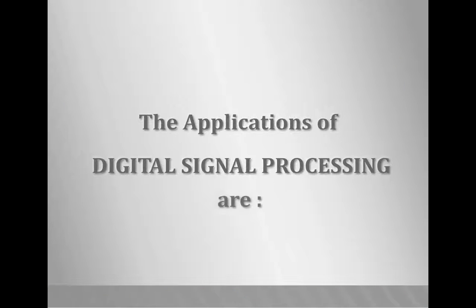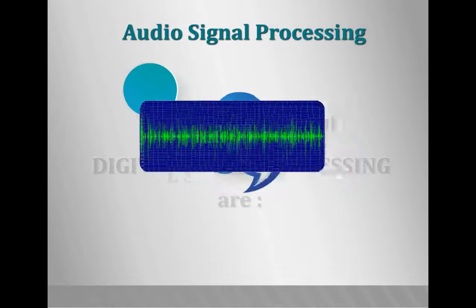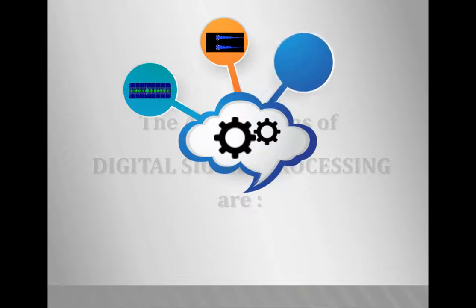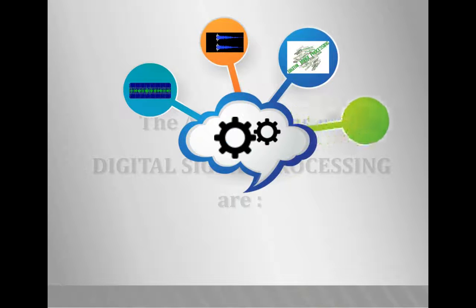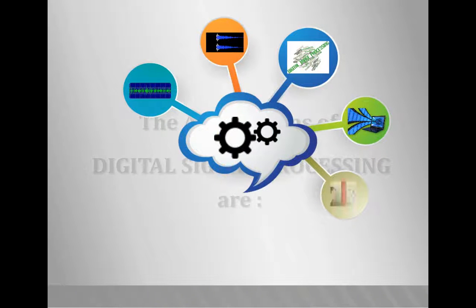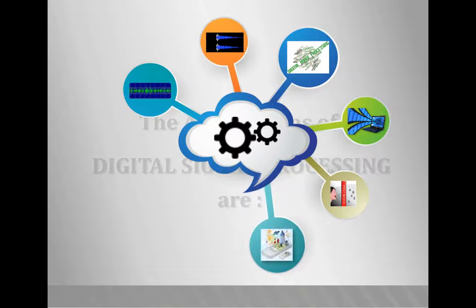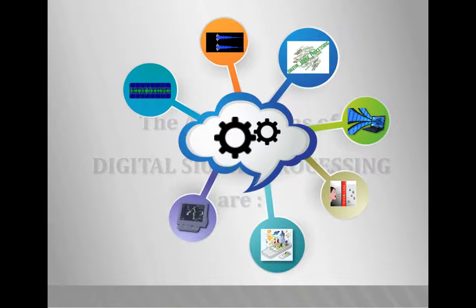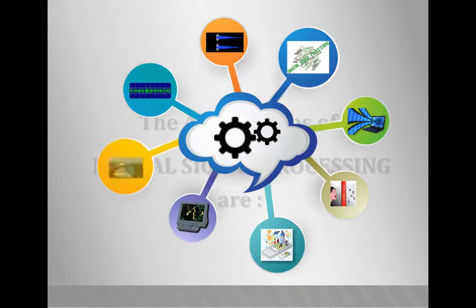The applications of digital signal processing are audio signal processing, audio compression, digital image processing, video compression, speech recognition, digital communications, radar, sonar,